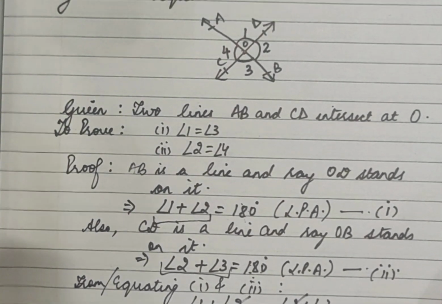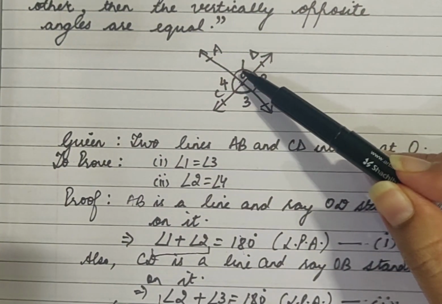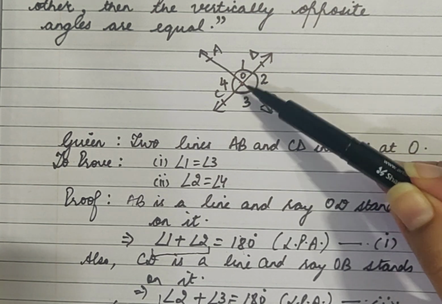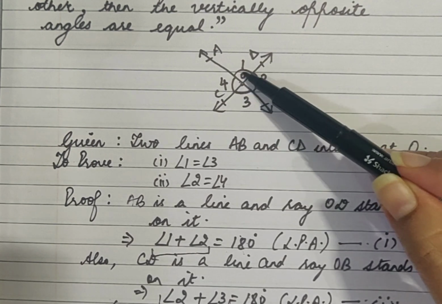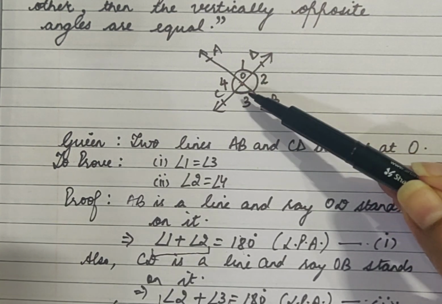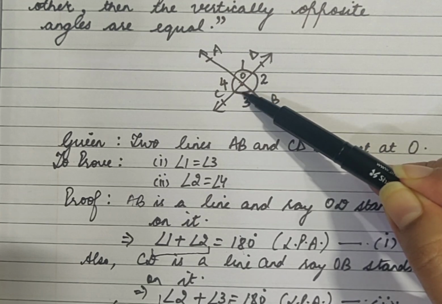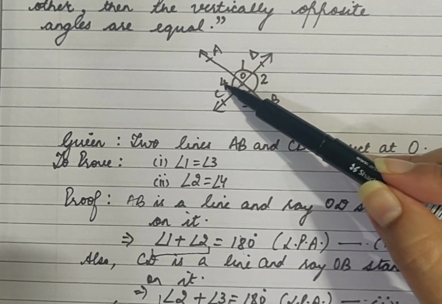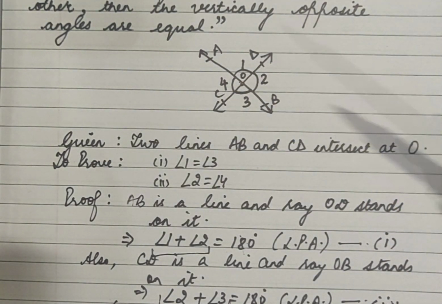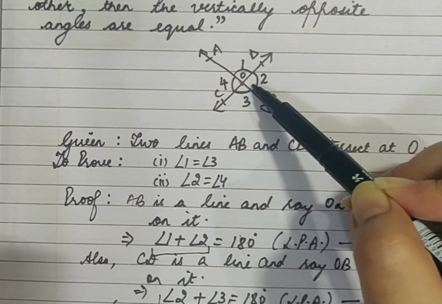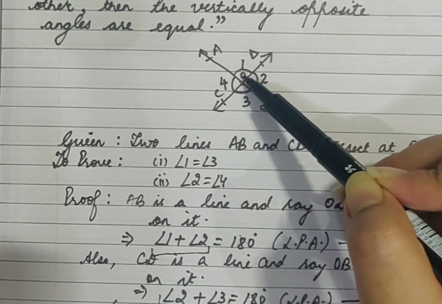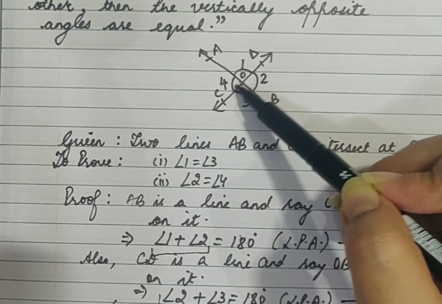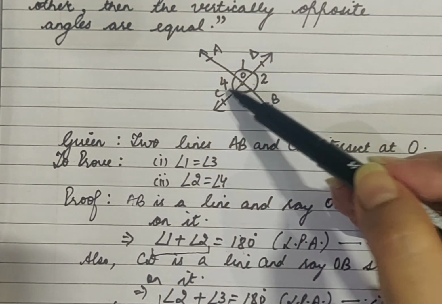Now similarly, if I consider 1 plus 2 as 180 and 2 plus 3 as 180, if I have taken this, I have proved 1 is equal to 3. I can take 2 plus 3 is equal to 180 and 3 plus 4 is equal to 180. Using this, I can simply deduce 2 will be equal to 4. This will be in a similar way. Or I can take 1 plus 2 as 180 and 1 plus 4 is also 180. Since 1 is coming common, it will be cancelled. So 2 will be equal to 4. So same proof can be done for 2 and 4 as well.